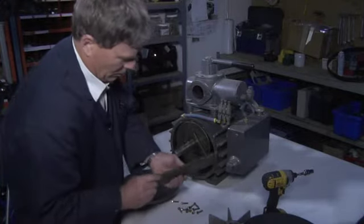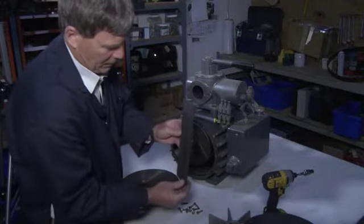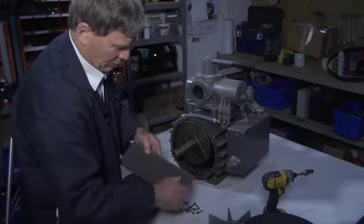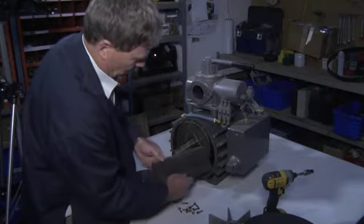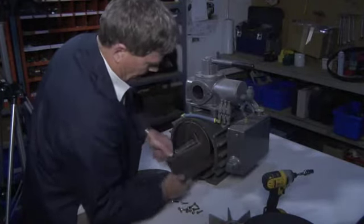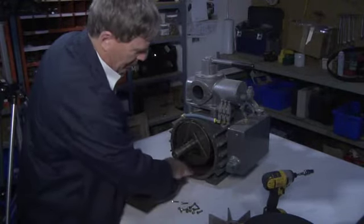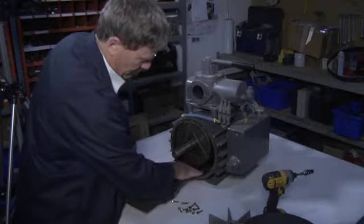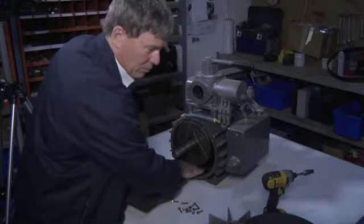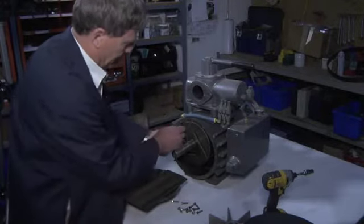Sometimes if the vanes get worn, this is what a new vane should look like. You simply take a file down the worn area, rotate the vane, and slide it back in. At times, you'll need to ensure that this pump is clean, the inside of the pump body. So with your hand, check the wall to make sure that there's no deep grooves in the wall. If it's simply just a matter of replacing the vanes,